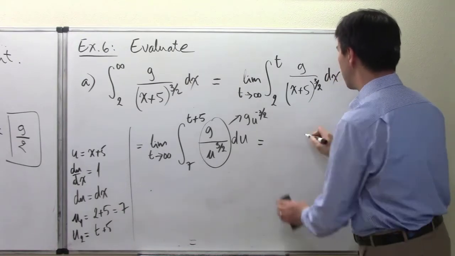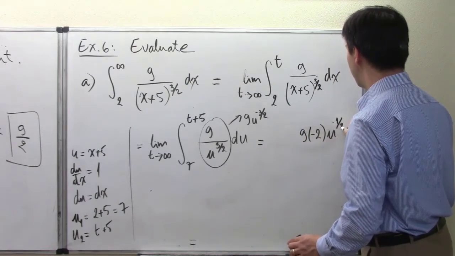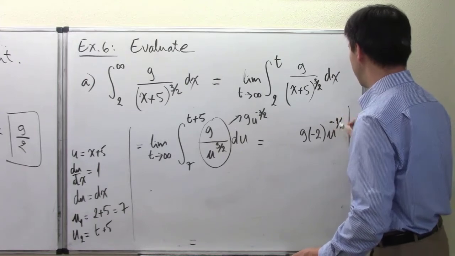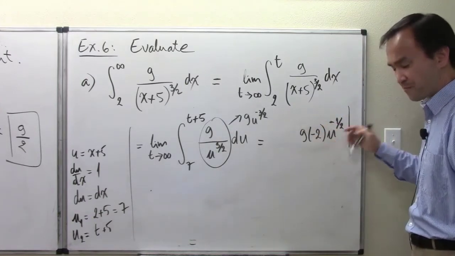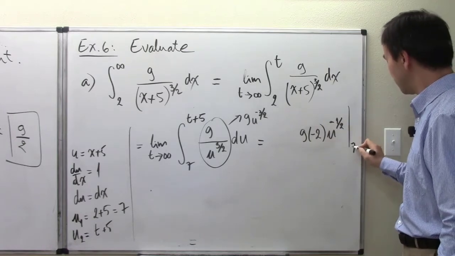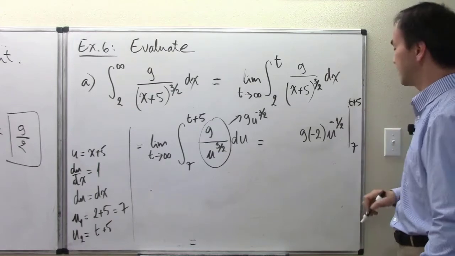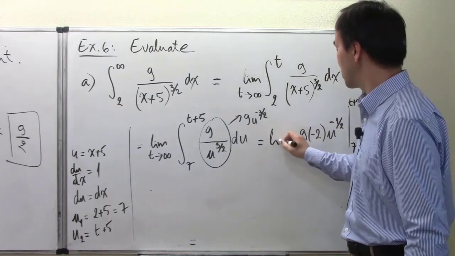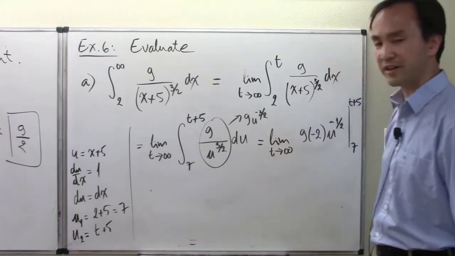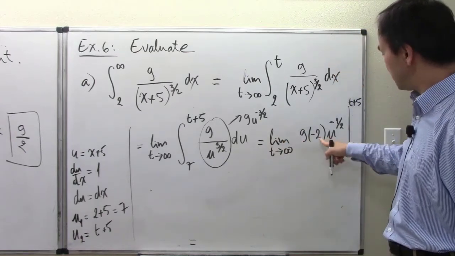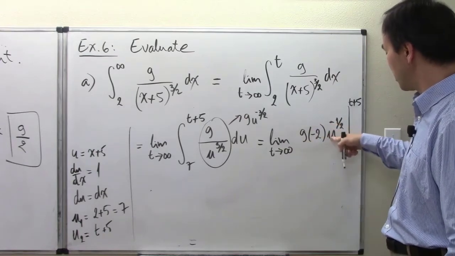Okay, or in other words, 9 times a negative 2 times u to the negative 1/2 power. And we are now going to evaluate this antiderivative in terms of u from 7 to t plus 5. And then of course this is going to be a limits problem, allowing t approaching positive infinity. And so now this is going to be an overall negative 18 coefficient, and u to the negative 1/2